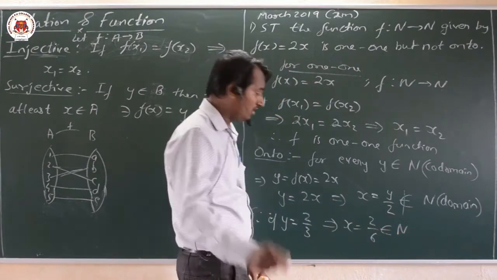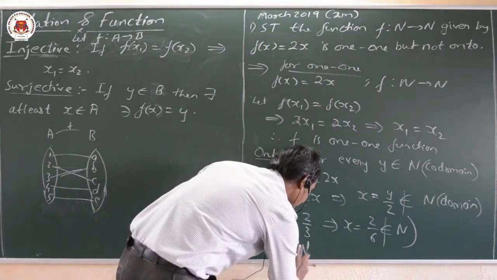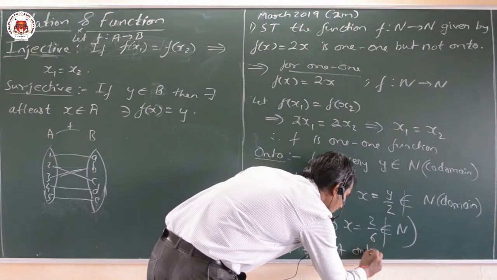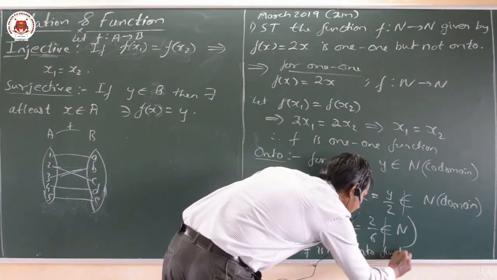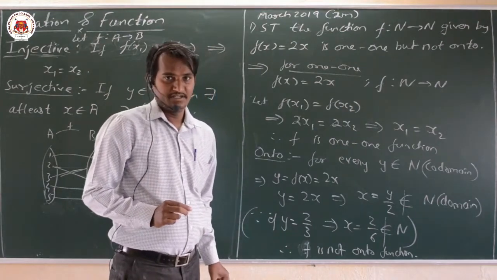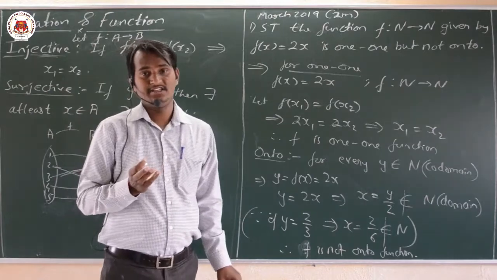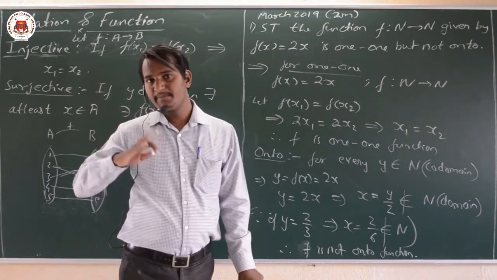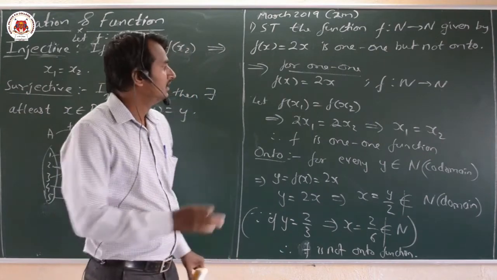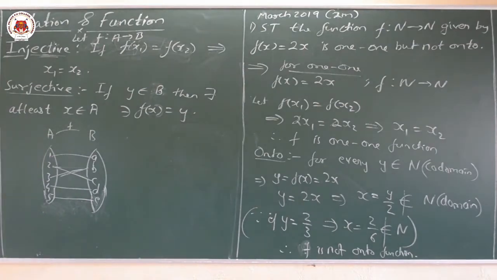Dear friends, it is not a natural number. Therefore, what we can say here is that f is not an onto function. Dear friends, it is a very, very simple problem. We just have to analyze. In general, we also have to think on the basis of the definition of one-one as well as onto. Dear friends, please pause the video to note it down.